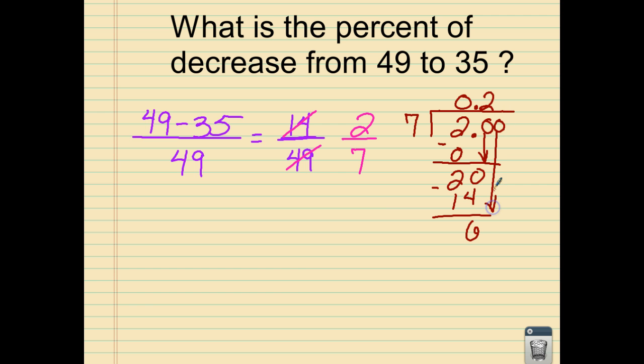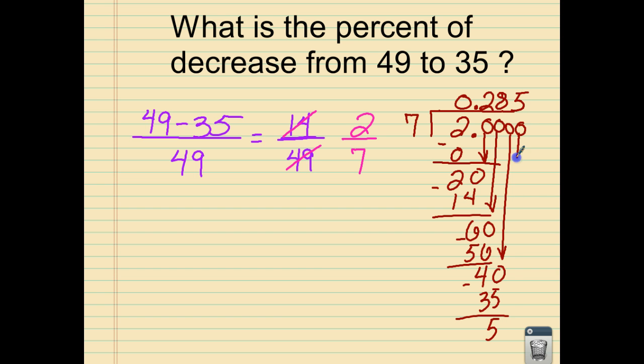Add a 0 and bring it down. 7 goes into 60 8 times. 8 times 7 is 56. We're left with 4. Add a 0, bring it down. And 7 goes into 40 5 times. And we have a 5 remainder. And let's just go one more time because it looks like it's going to be one of those monstrous decimals. And we have, yep, there's going to be a remainder. So 7 goes into 50 7 times. 49 with a remainder, and we would keep on going, but